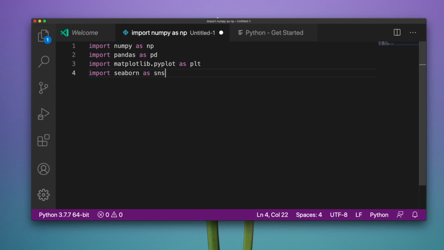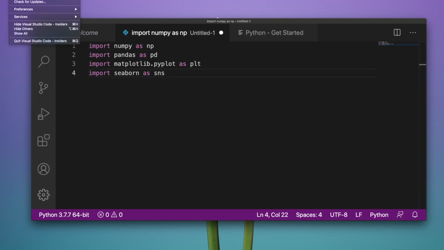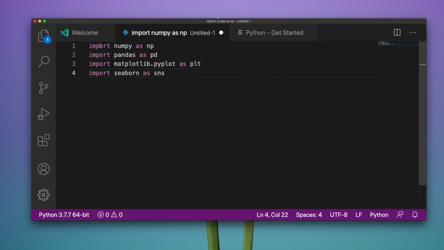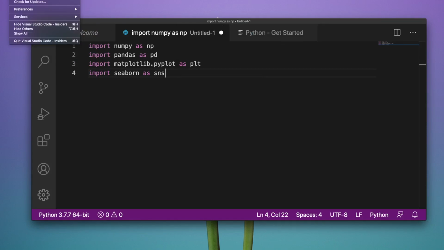To give you one small caveat, I'm using VS Code Insiders here. The reason I'm using VS Code Insiders is because I also want to demonstrate this feature on Jupyter Notebook, which is available only on the native Jupyter Notebook, not on VS Code's Jupyter Notebook. VS Code Insiders has the latest edition where VS Code notebooks can mimic the native Jupyter Notebook. I have a separate video about that, which I'll link, but just a caveat, I'm using VS Code Insiders. Okay, so let's quickly go and see how to do it.